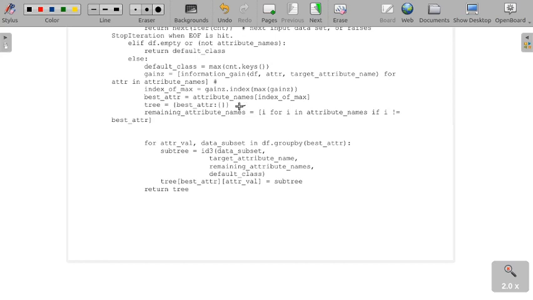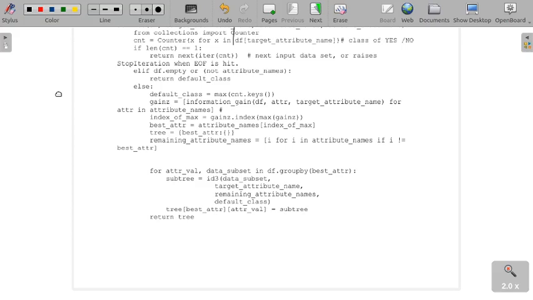In the main dictionary tree, the best attribute, for example outlook here, becomes the root. Inside that, whenever we get a new node, we create a subtree by creating a dictionary and attaching it here. That's how we create a subtree in dictionary form. We'll see the execution of the program, and then we will know how it looks when stored in a dictionary form.